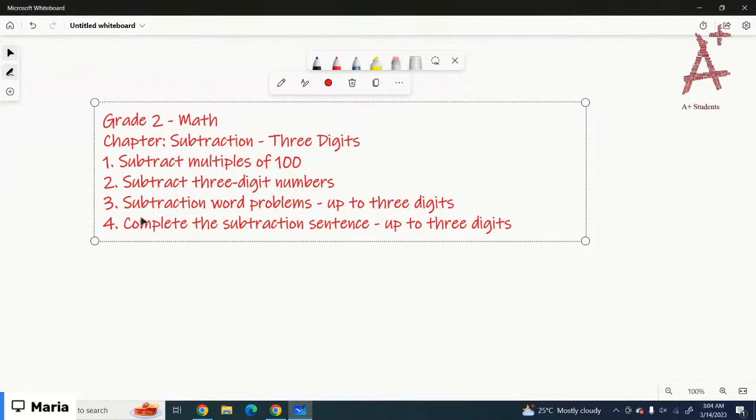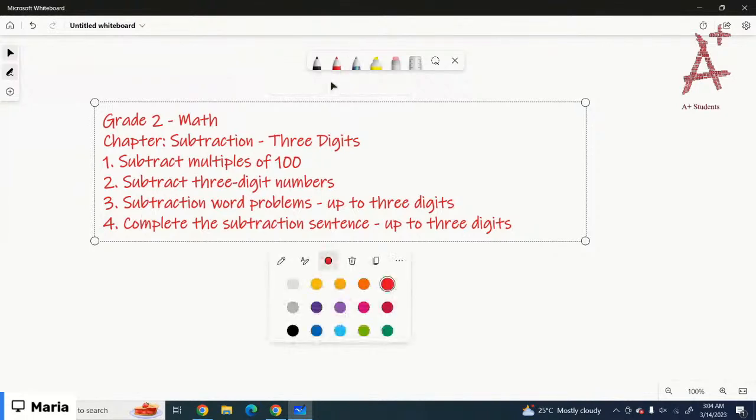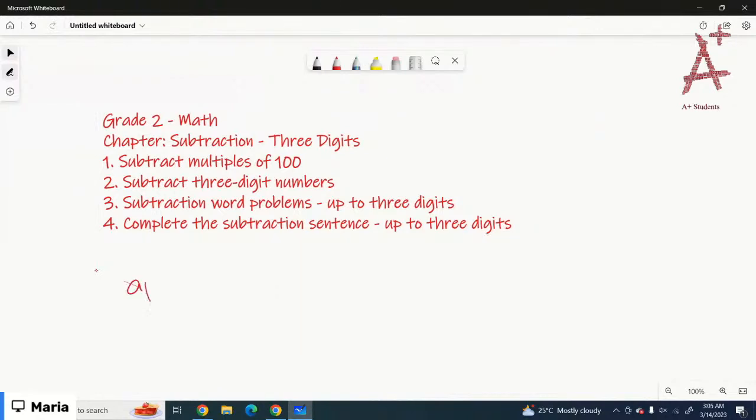So we're going to start with grade 2 maths. You can find all the lessons on aplusstudents.com. You have to log in there using your email address and password as provided by the administrator. Then you have to select math from the subject tab. Scroll down to grade 2